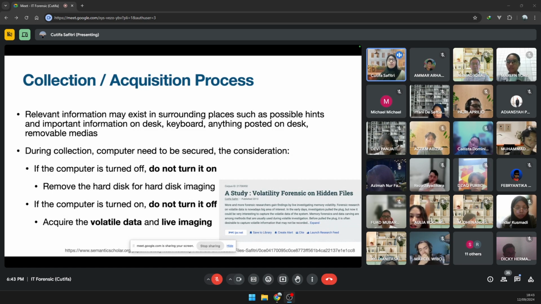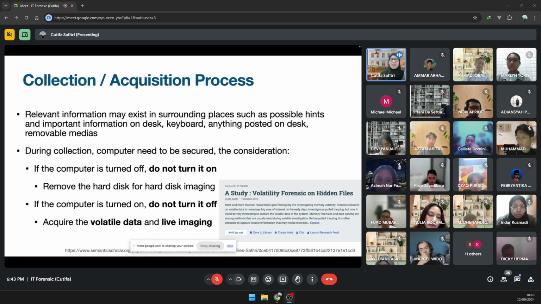If you are working with a computer, people hide things at the back of their keyboard. So check the information on the desk, on the keyboard, anything posted on the desk, or any removable media.